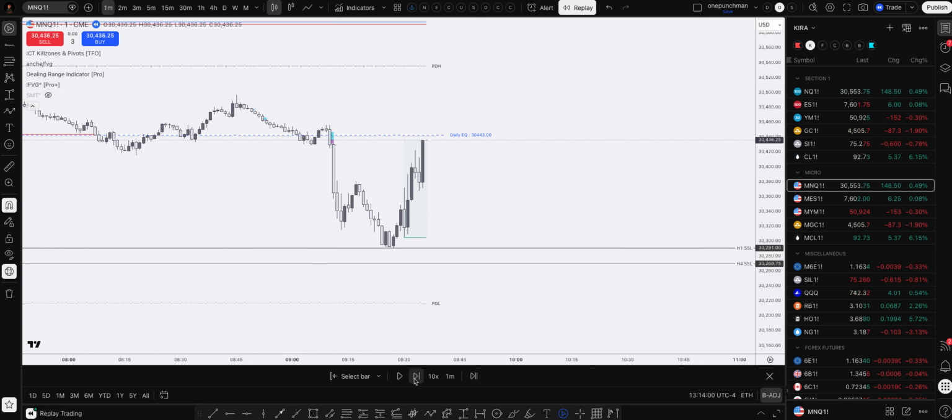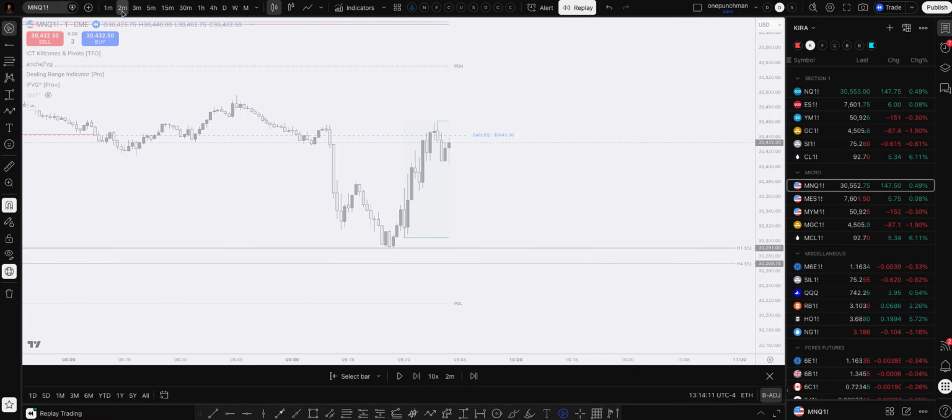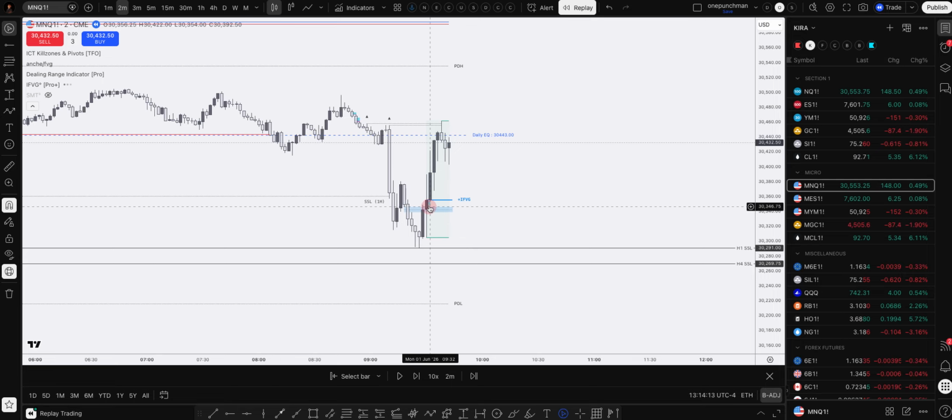And the second part now is price starts tagging the daily EQ. So I had obviously set alerts, said, hey guys, DEQ is getting hit. But when I looked at the chart, there's no valid setup here. I went to the 2 minute. There's a little small guy here, nothing here. If I go to the 3 minute,